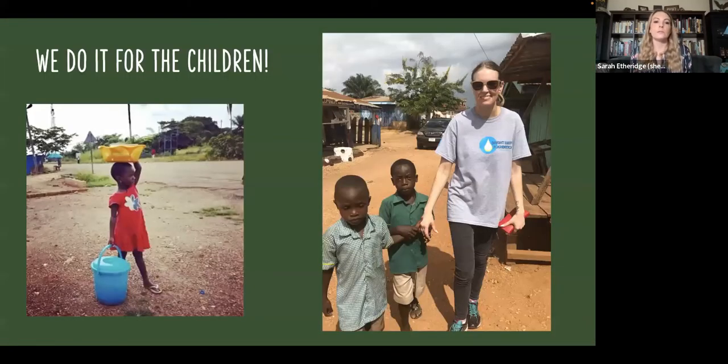So again, the reason why we do this is for the children, right? If this is the leading cause of death for children, a secondary cause of death for children is respiratory illnesses, because people have gone in and said, you need to boil your water, which is good, except now they're cutting down more trees and constantly burning fires to boil all the water they need on a day-to-day basis. And that's causing a lot of other problems with deforestation and quality of air. So we want to make sure that we are doing this to help the people, help the children.